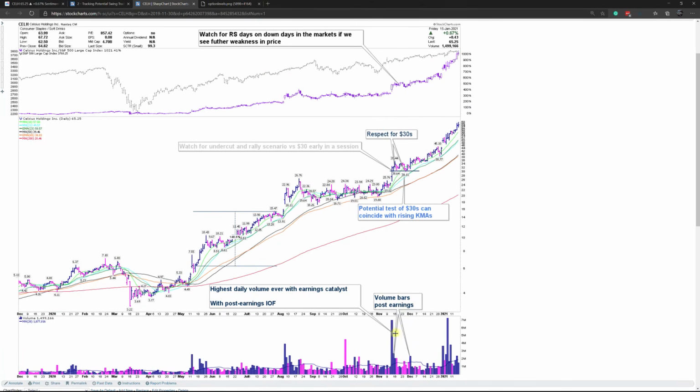So now at this point, we know a few things. We know institutions, again, not to be repetitive, were active in this zone when we make our RS list. It's already been on the earnings gappers watch list here. We get the highest daily volume ever with the earnings catalyst. We have IOF markets being active. That's added conviction, sort of like building a thesis on why we should potentially try to position in this name. So once I saw the earnings flow come in,